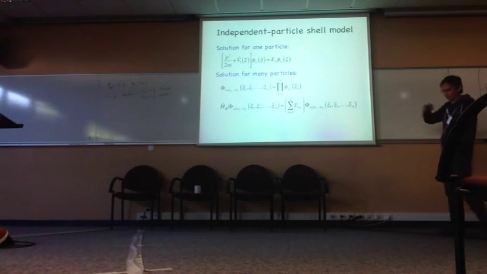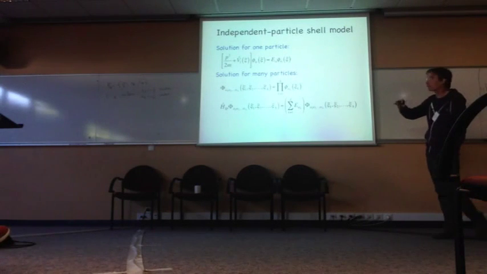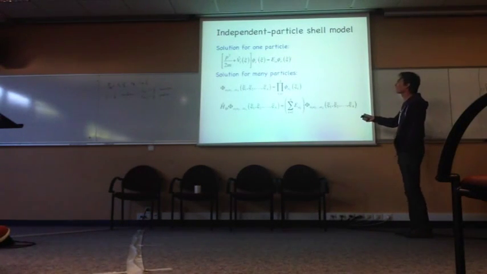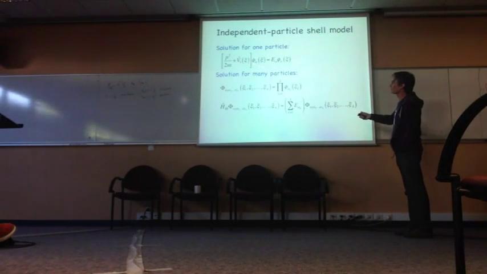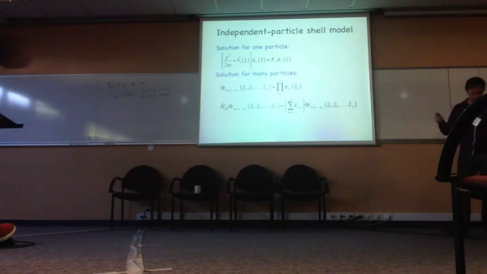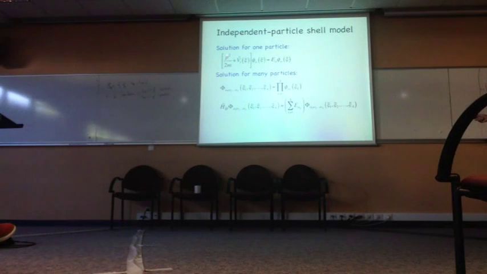I'm assuming here that you're always dealing with discrete states, so this would be the discrete energy spectrum characterized by a set of quantum numbers which I will specify in a moment. Okay? These are the wave functions of one particle, so this is a one-particle basis, and now the solution for many particles, at least the mathematical solution, is just a product wave function,